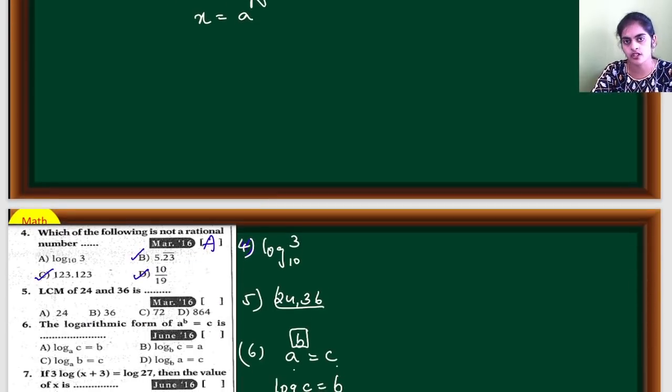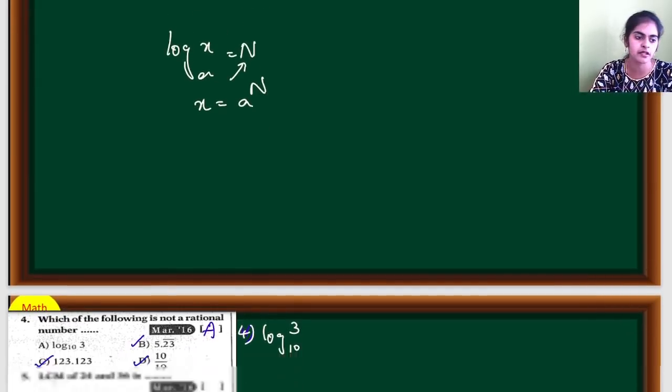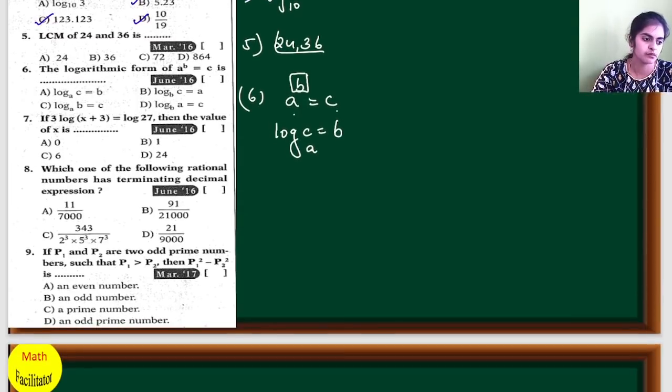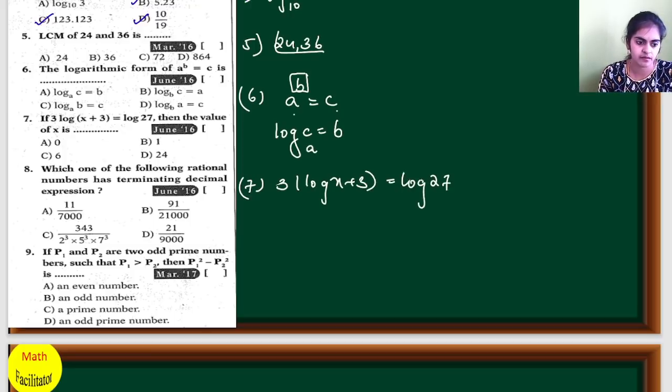Right? So this is the conversion of exponent form and logarithmic form. So next question, question number 7. 3 times log x plus 3 equals log 27. Okay. So you have here, this is nothing but 3 will go to the power, isn't it? It is like